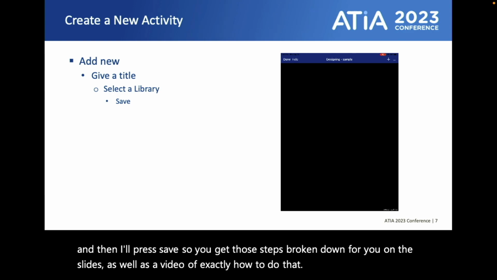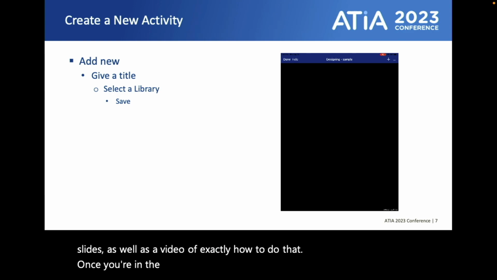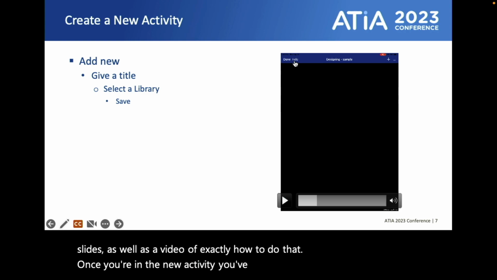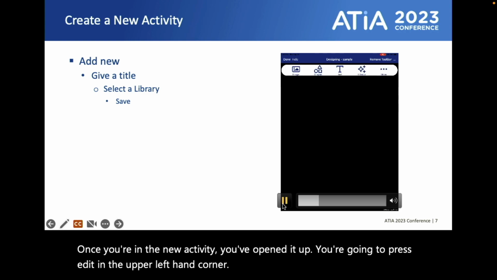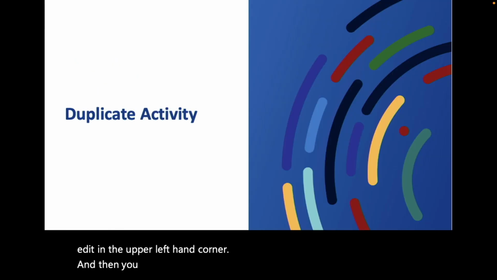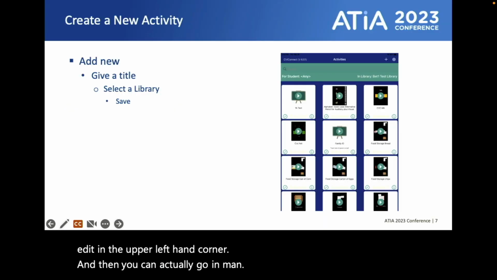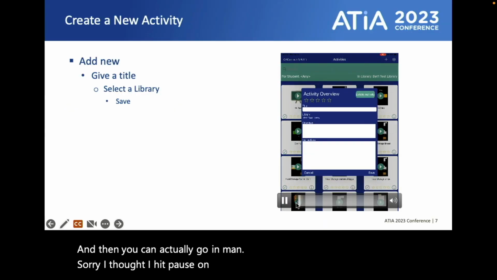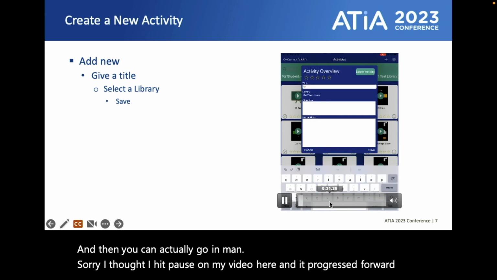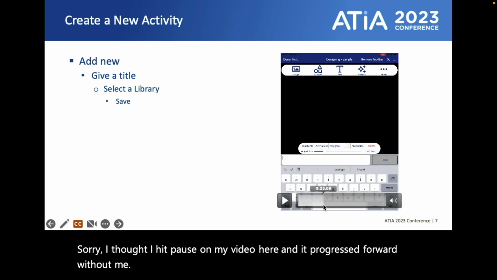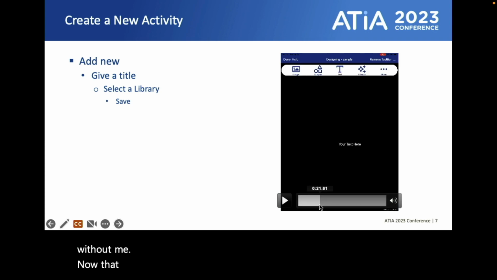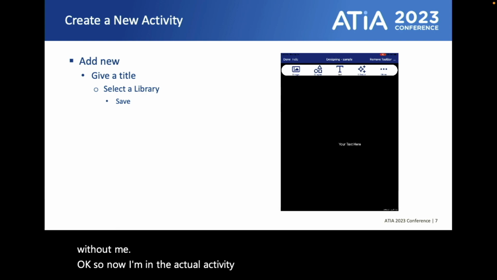Once you're in the new activity, when you've opened it up, you're going to press edit in the upper left-hand corner. And then you can actually go in, oh man, back up. Sorry, I thought I hit pause on my video here and it progressed forward without me. Okay. So now that I'm in the actual activity designer, in the upper right-hand corner,